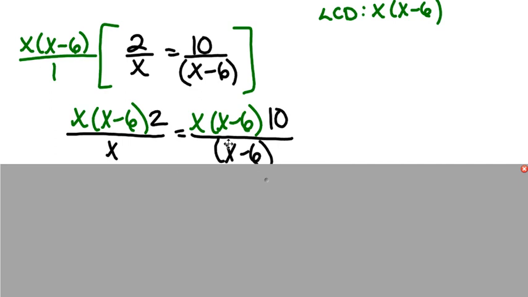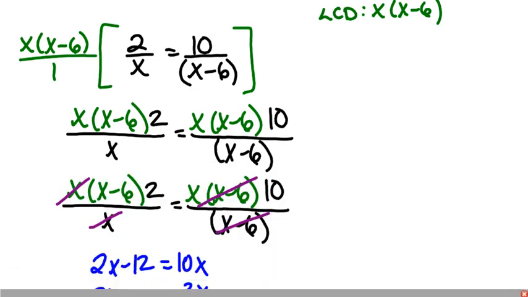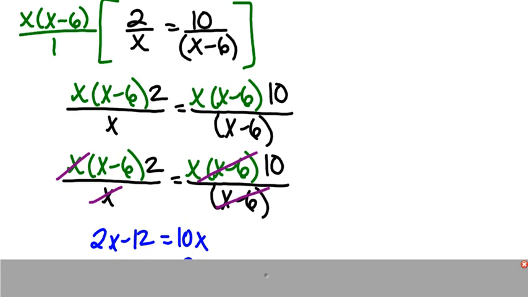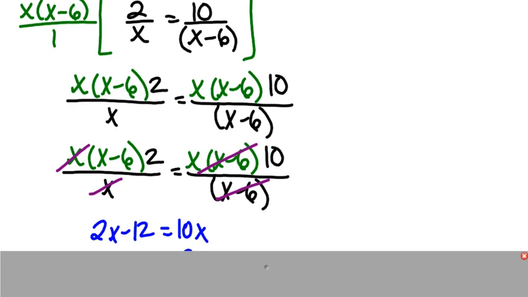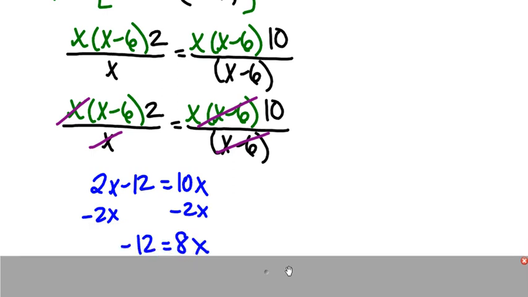On the right, they both have an x − 6. I could divide that out and be left with x times 10. We know 2 times (x − 6) is 2x − 12, and x times 10 is just 10x. Now we just have a basic linear equation that we can solve. So we're going to subtract 2x from each side, then divide by 8,